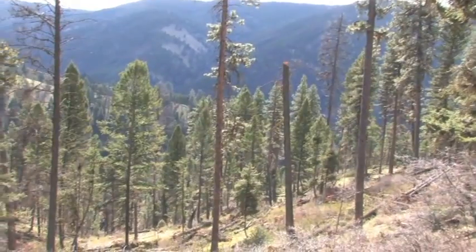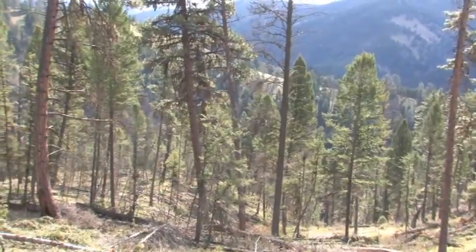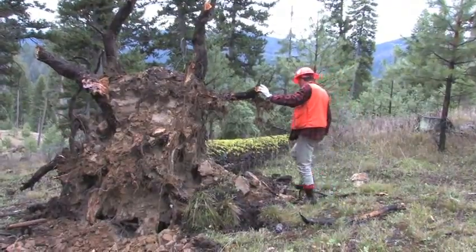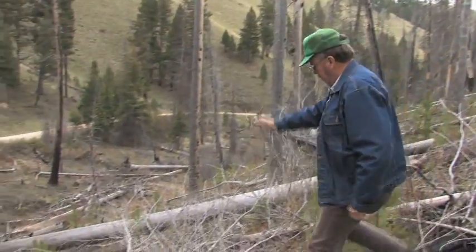You can do nothing in the woods without having an impact. You have to balance all of the issues you're dealing with, and just letting it be natural, as though mankind was not here, is not an option for forestry. What is an option is that we look at the hillside, and maybe we have had a fire, maybe an insect infestation, and we've got a bunch of dead trees. We can analyze the best way to utilize that wood, not waste it, harvest it,